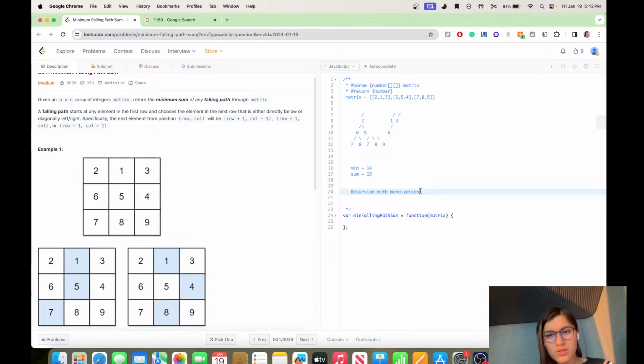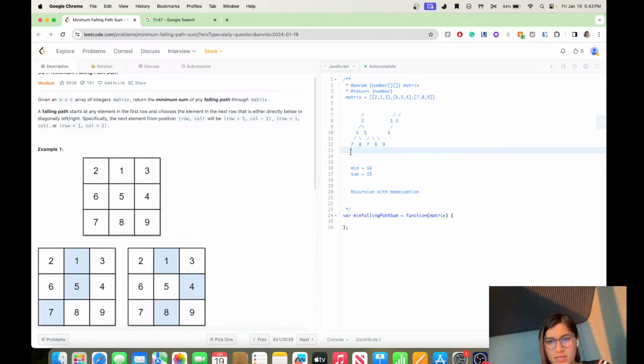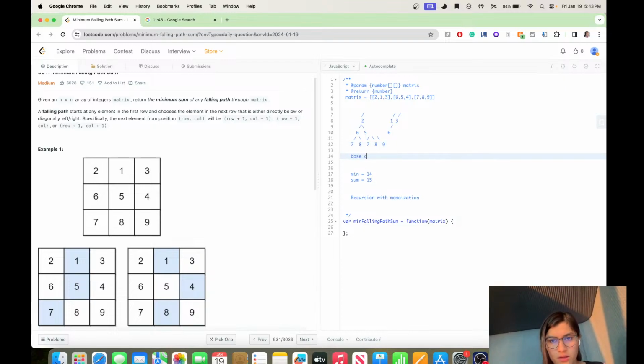Let's first do recursion with memoization, and then maybe I can do dynamic programming after that. So with recursion with memoization, I just go through each and everything, and my base case would be, while doing recursion,